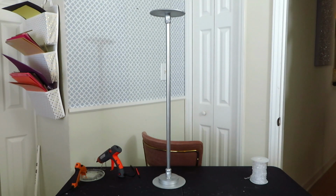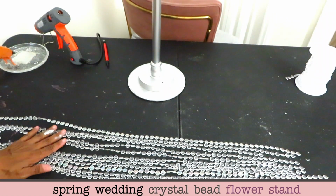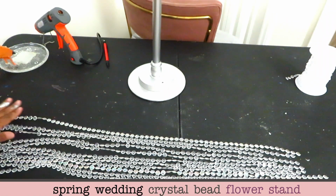Our stand has been painted. It's totally straight. I'm so glad I switched up and decided to use a PVC. It is totally straight. So now what we're getting ready to do is we're going to start putting our crystal beads on. And I cut about